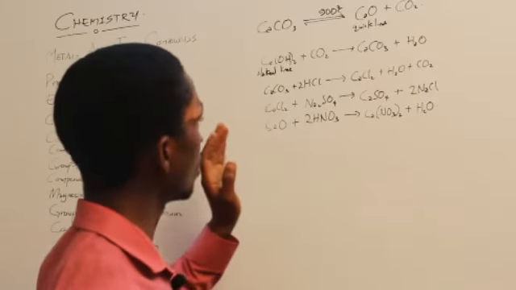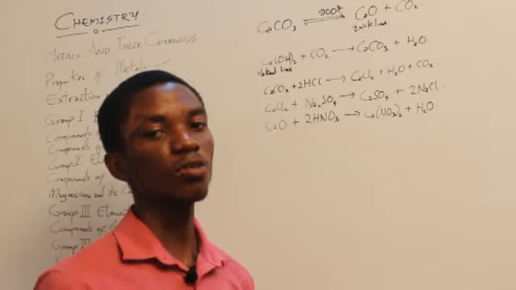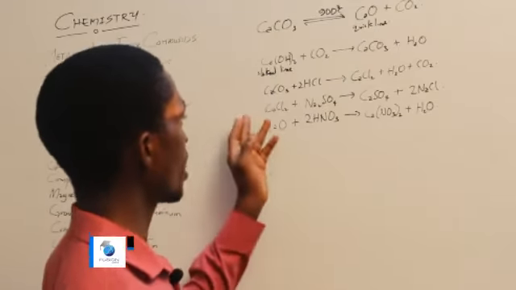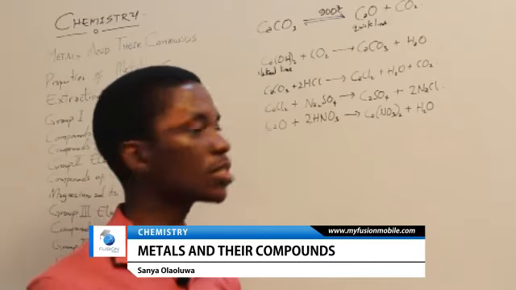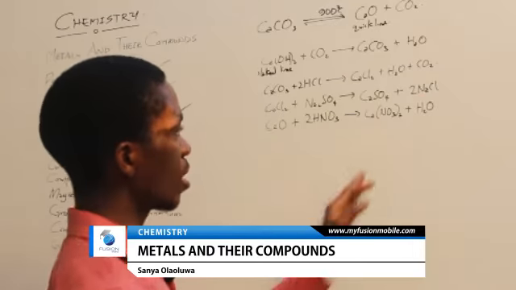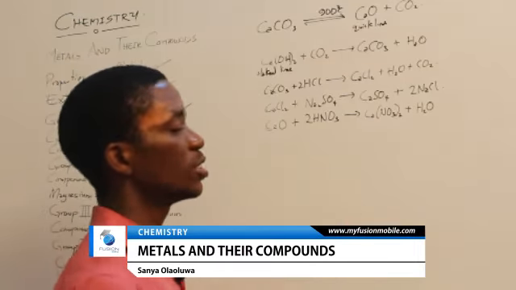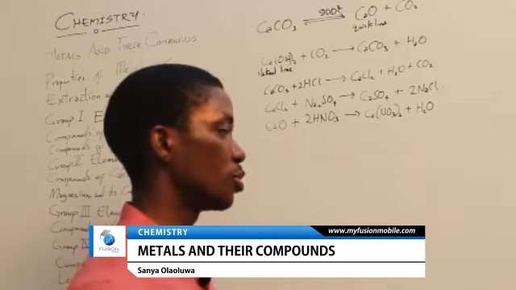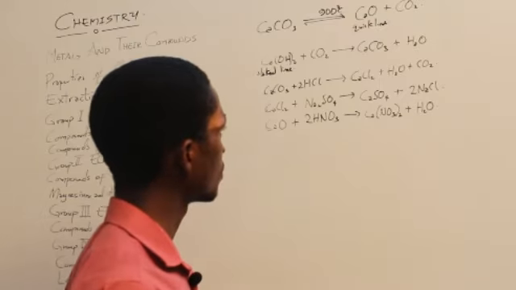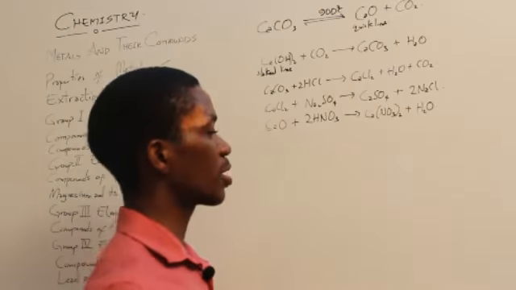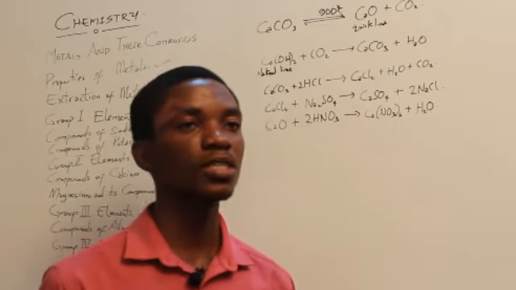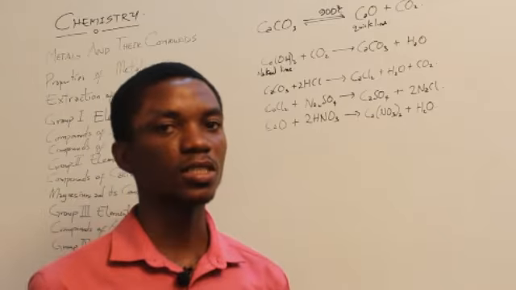We also have calcium tetraoxosulfate 6. It can be produced by reacting calcium chloride with sodium tetraoxosulfate 6. A substitution reaction will occur and they will switch. Sodium chloride will be produced and calcium tetraoxosulfate 6 would also be produced. Now, this calcium tetraoxosulfate 6 is anhydrous. It is hygroscopic.